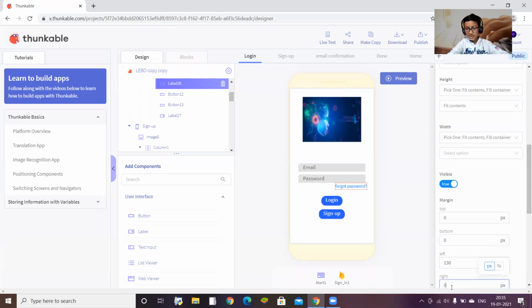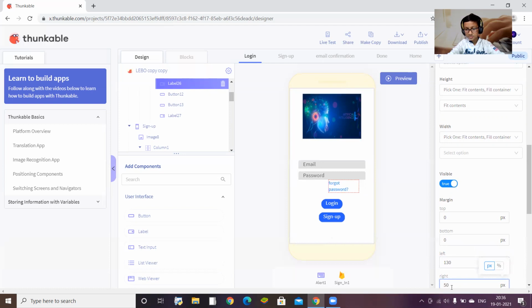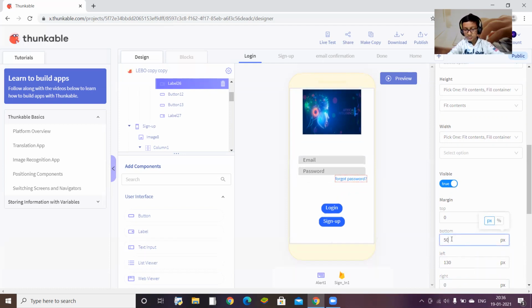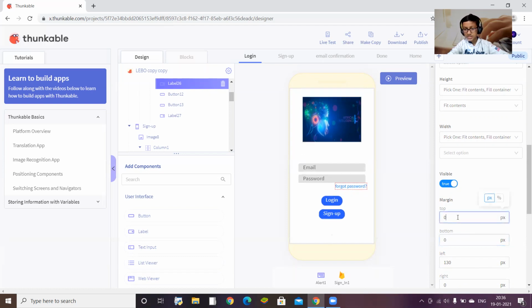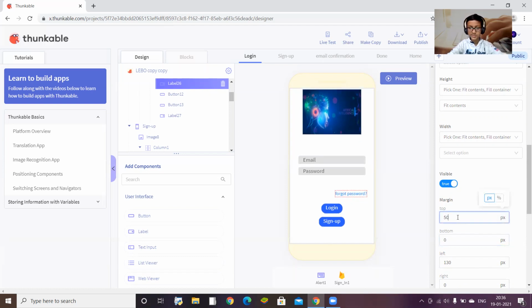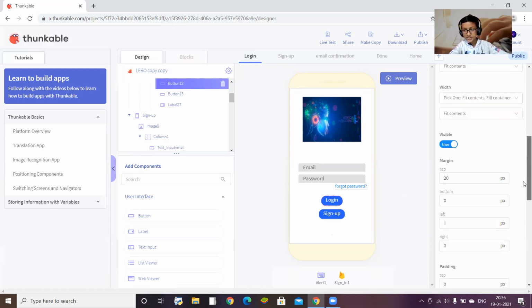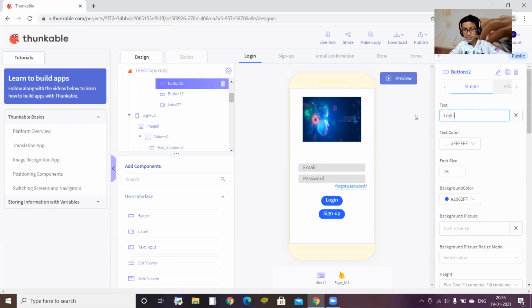When I give margin right, it moves from the right portion. When I give margin bottom, it moves from the bottom portion, and same for the top. When I give margin top, it just goes away from the top portion. The repulsive force.